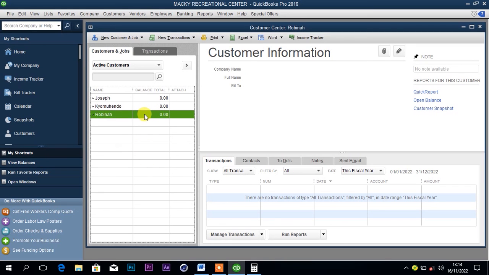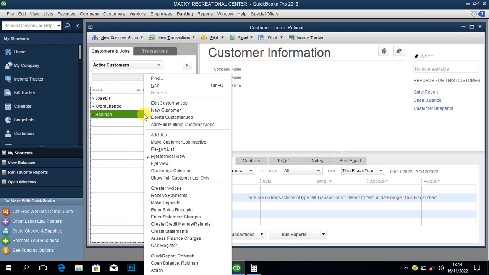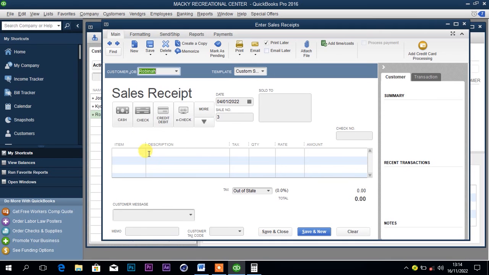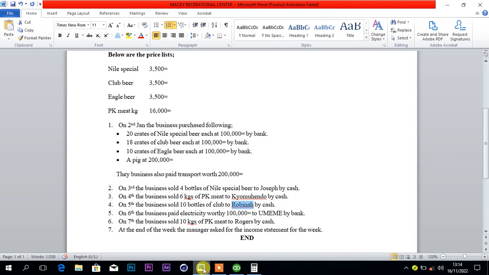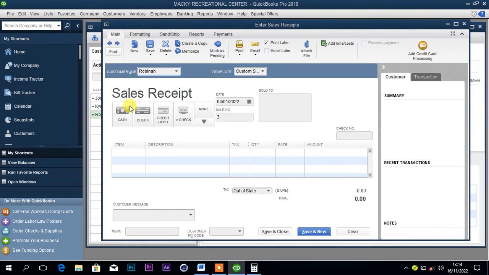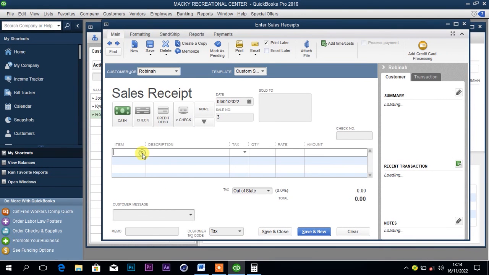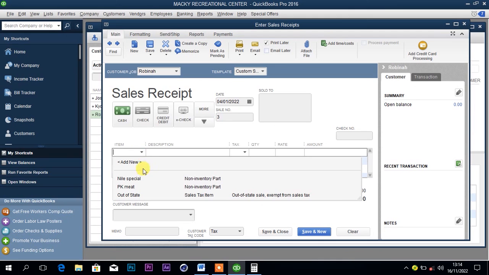So if she also paid by cash, that means automatically it is a sales receipt. You right click and then select sales receipt. Then you select cash because she paid by cash. Yes, it was by cash. You select cash here. Then the item here was club, and we don't have club in the list